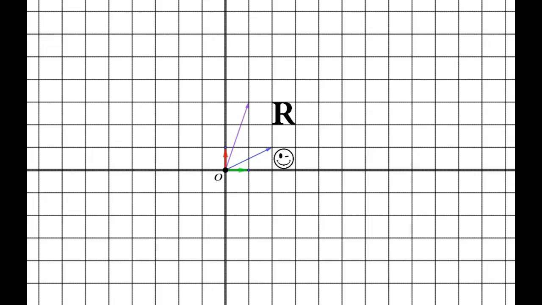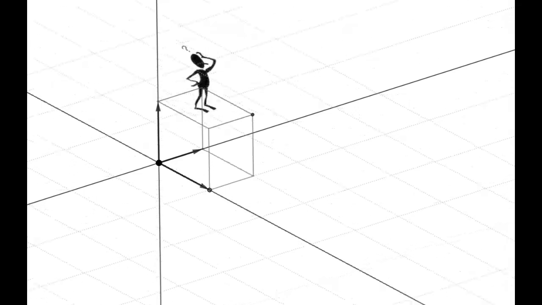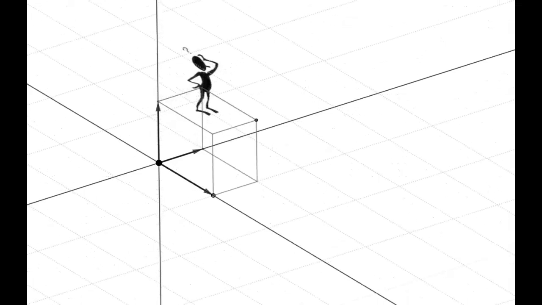For example, let us consider what happens in R3. Here I have the standard basis vectors, which form a unit cube, and I've got this fella standing on top with a very long nose, flippers for feet, wondering what he is doing, and he is scratching his head with his left hand. Well, if we transform R3 by hitting it with a 3x3 matrix, of course the grid of cubes, only one of which I've drawn here, will get transformed as a result, but so long as none of